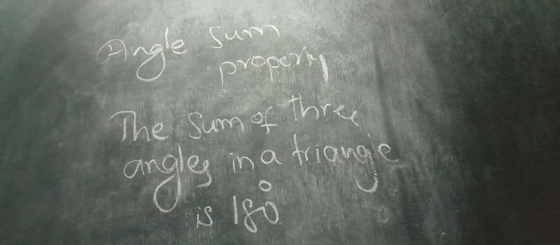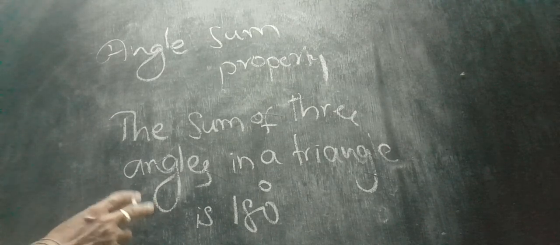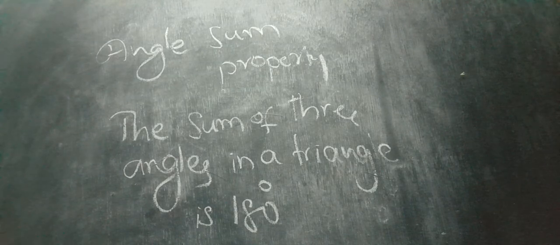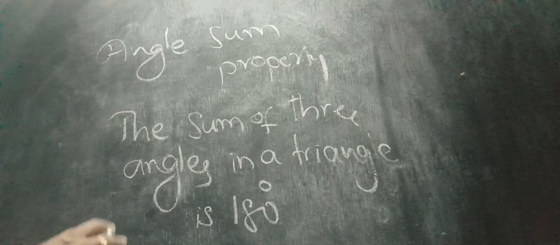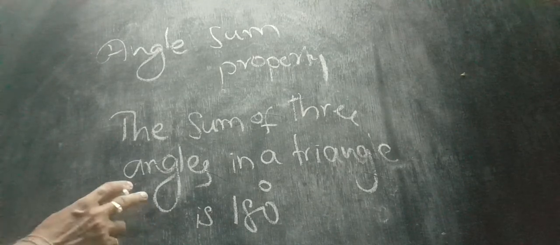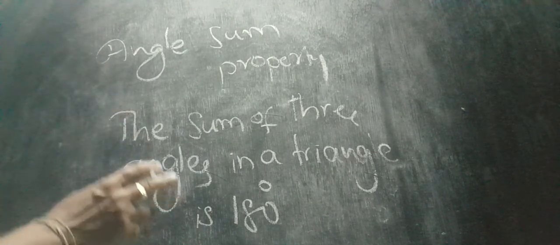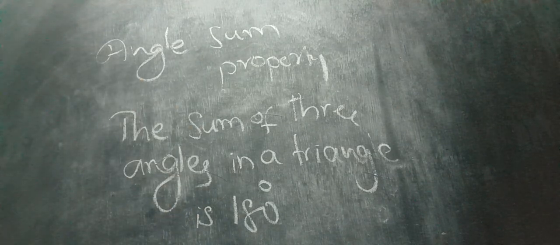Those who have completed 7th class, last year because of the pandemic situation, you have not done all the problems. Now you are in 8th class, but this angle sum property is useful in linear equation problems. That's why for 8th class students and for 7th class students this is important. To understand this you must watch my previous video about transversal line and parallel lines also. Then you will understand clearly.